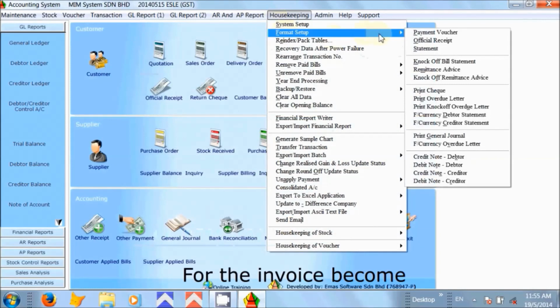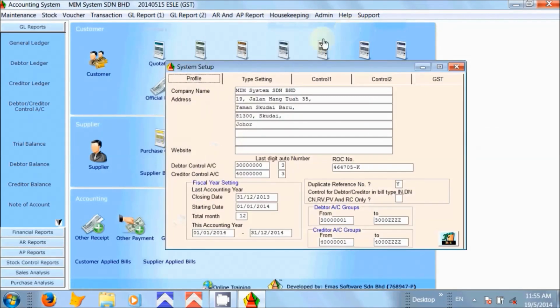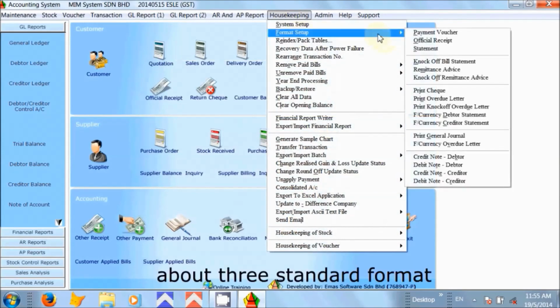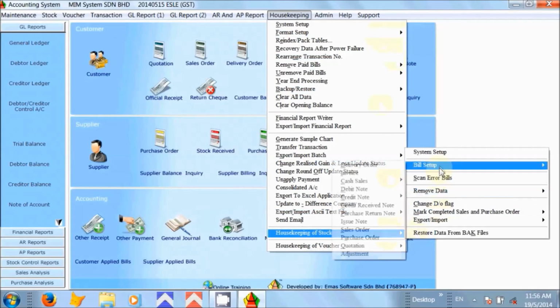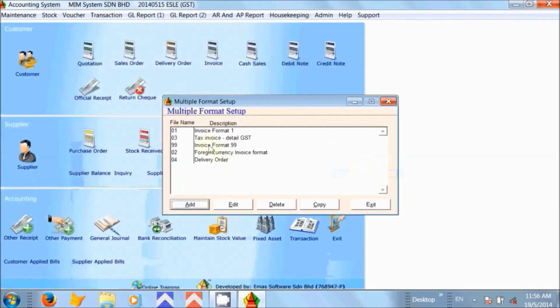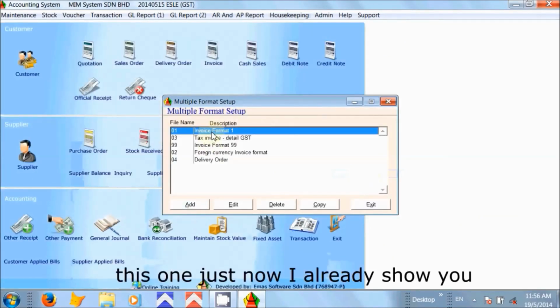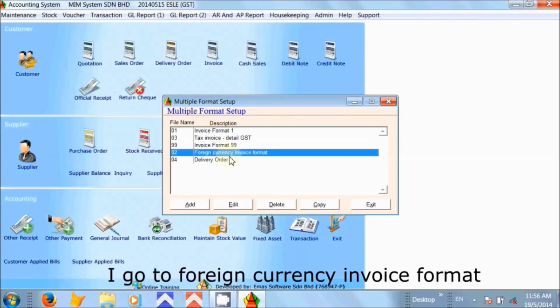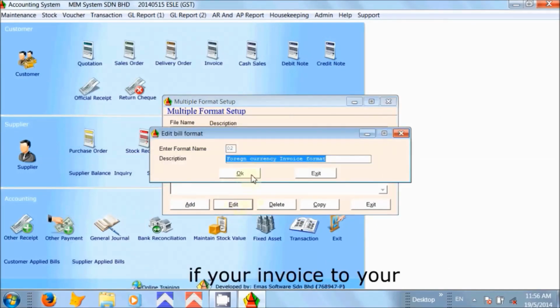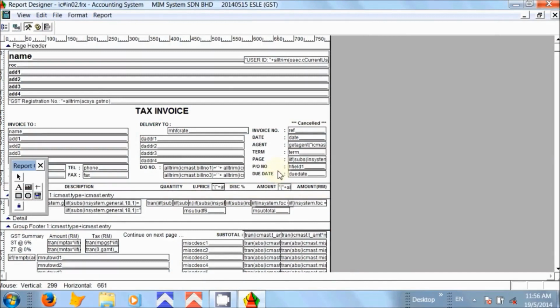For the invoice, we come about 3 standard formats. This one just now I already showed you. I go to the foreign currency invoice format. If you invoice to your foreigner,